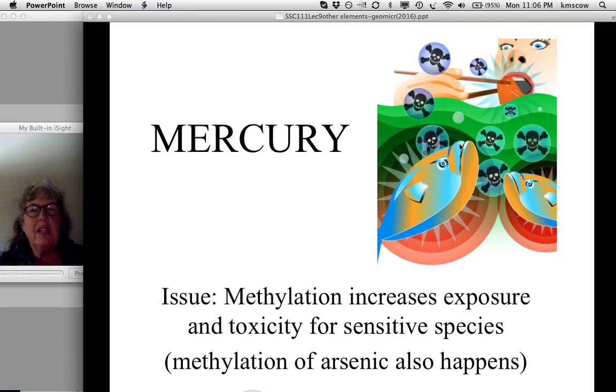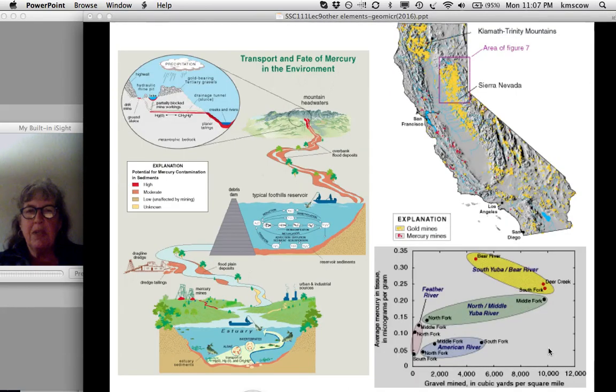Okay, mercury, let's talk about mercury now. The issue with mercury is that methylation of mercury increases exposure and toxicity for sensitive species, by the way, including humans. And I just want to put in parentheses that this kind of process also applies to arsenic, but we're not going to talk about that in detail. But methylation is a microbial process. But let's back up and